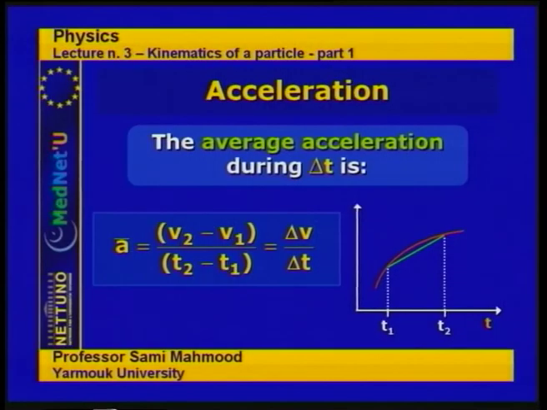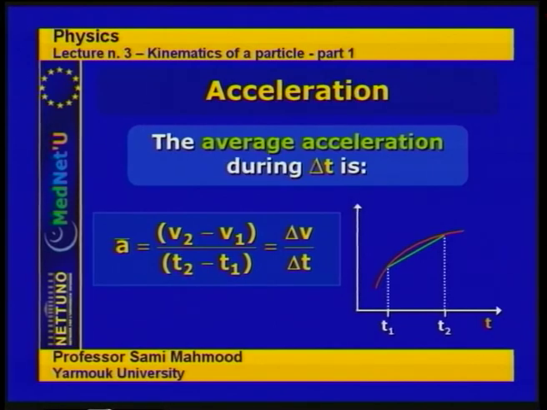We say that the particle is accelerated. Thus, during a time interval delta t extending from t1 to t2, if the particle's velocity changes from v1 to v2,